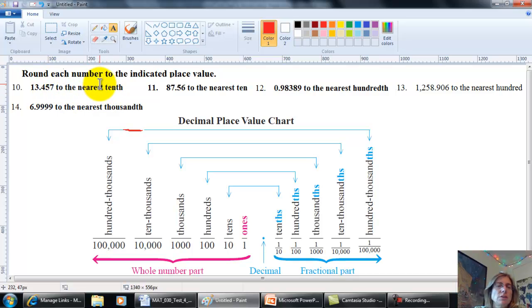So we're going to round to the nearest tenth. Notice it has a TH at the end, so it's the tenths place, the first place to the right of the decimal, and that would be the 4. That means anything after that 4 is not going to be there when we're done. We have to decide whether to leave the 4 in the tenths place the same, or make it one